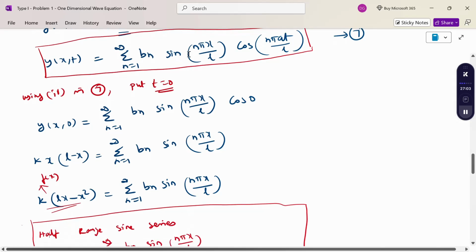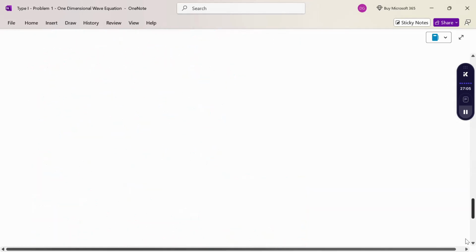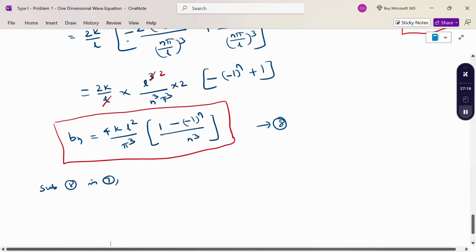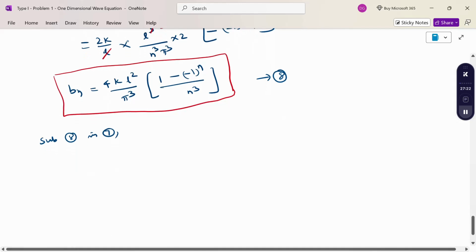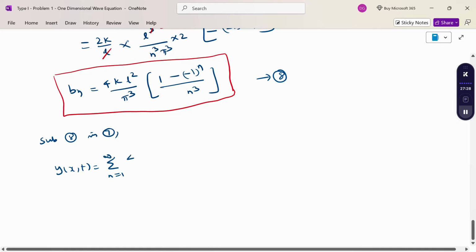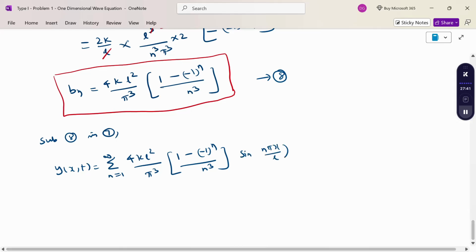Now I consider the Bn equation as the 8th equation. So substitute the 8th in equation number 7. Therefore, y of x comma t equals sum n from 1 to infinity of 4k L square by pi cube, 1 minus minus 1 power n by n cube, into sin n pi x by L,